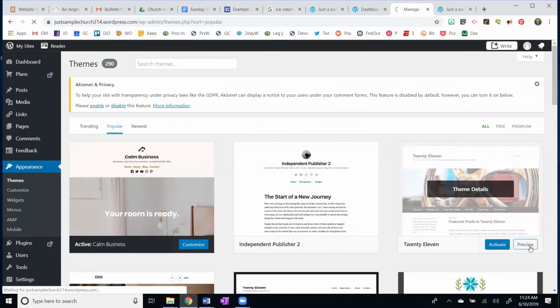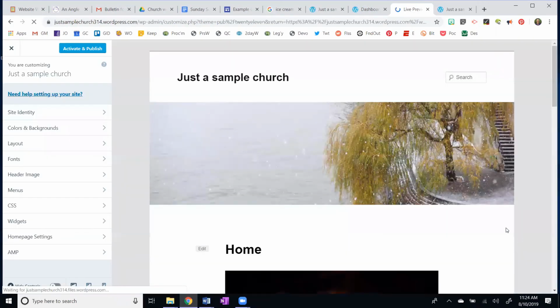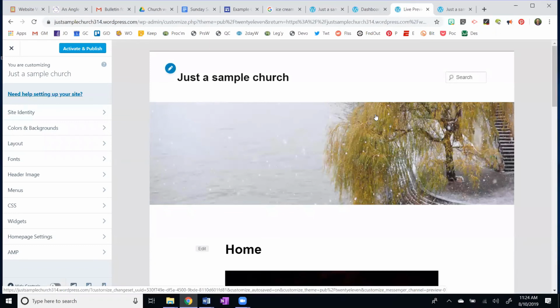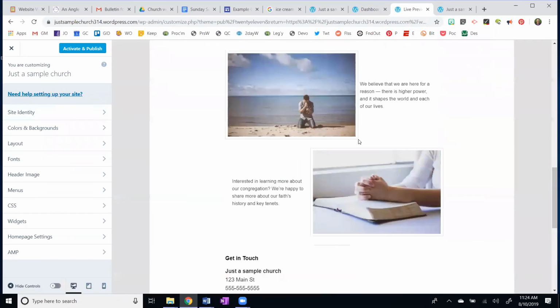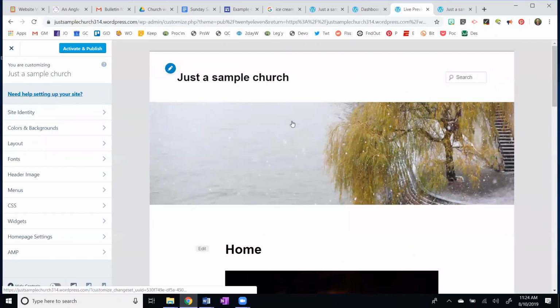And I can preview my site using 2011. And this is what it would look like using this theme. It looks like there is no link to the About page right now, but maybe I want to activate and publish that. So I'm going to use that theme. As I mentioned on the handout, themes can be changed in a heartbeat to change your look and feel.